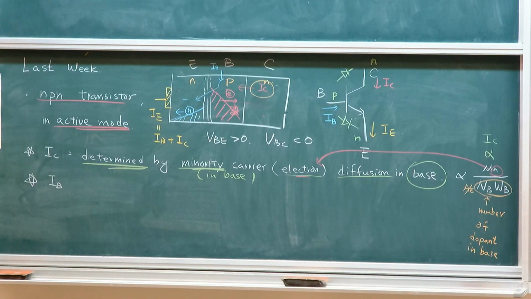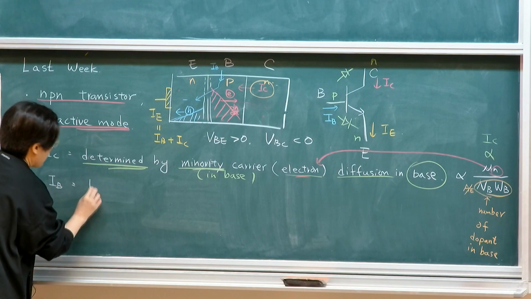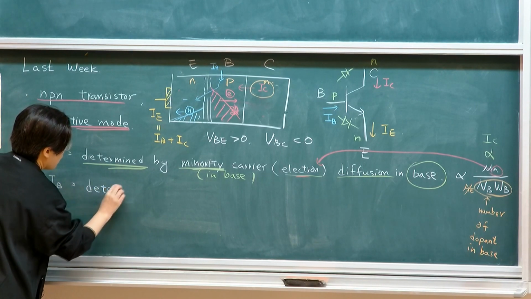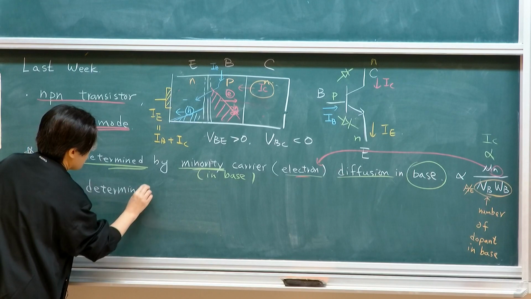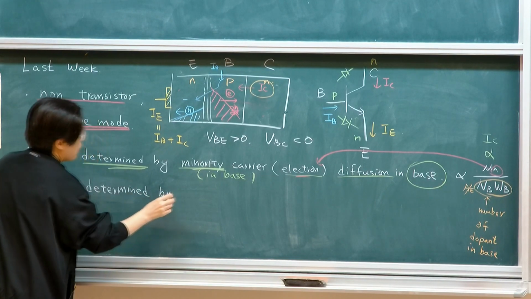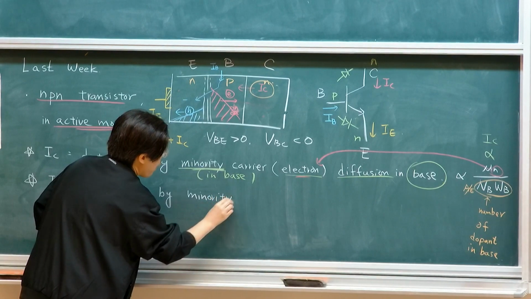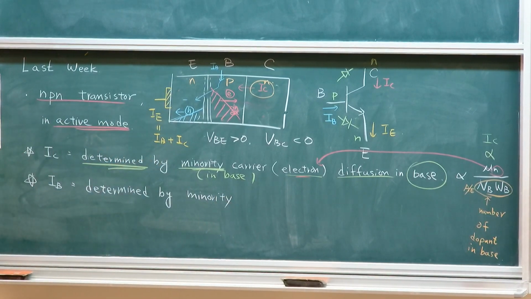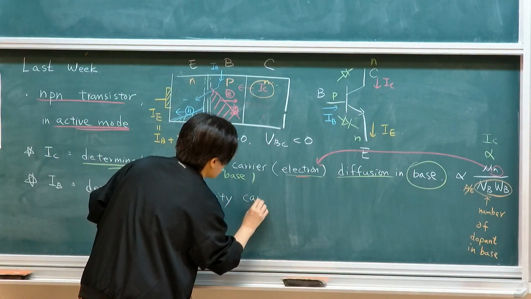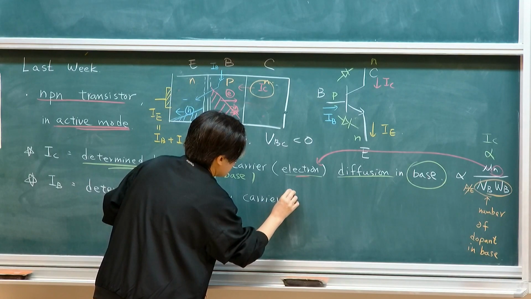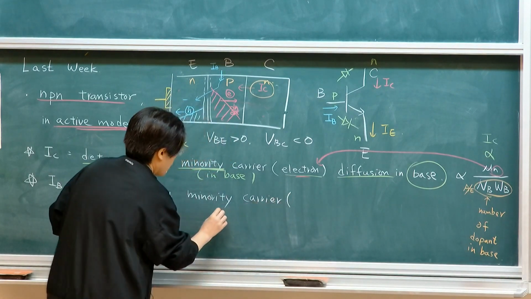But what happens to collector current? Collector current is determined, the same thing, by minority carrier, because a bipolar junction transistor is a minority carrier dominated device. It's all governed by diffusion, because I'm lowering the barrier. Minority carrier